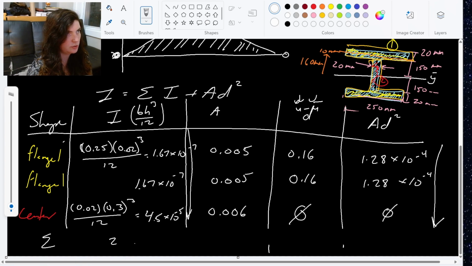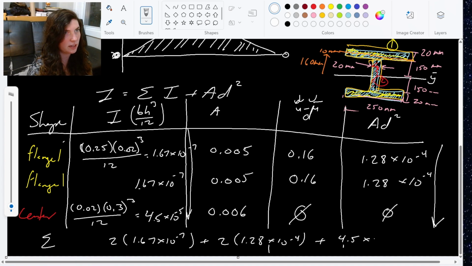So it gives you 2 times 1.67 times 10 to the negative 7th, plus 2 times 1.28 times 10 to the negative 4th, plus 4.5 times 10 to the negative 5th to get your I value, your moment of inertia,